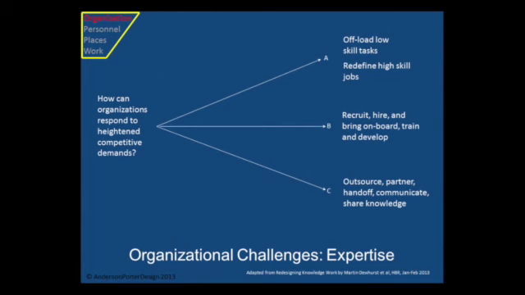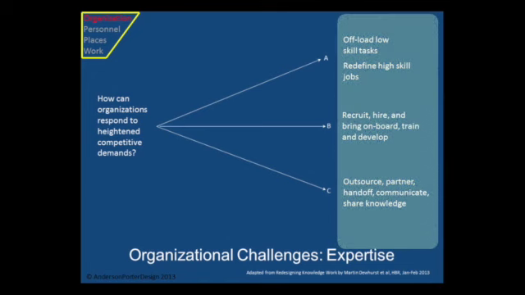They can offload. They can take very skilled people and redivide what they do such that they offload low-skilled tasks and redefine their own work. They can recruit, hire, and bring on board and train and develop and so on. And they can, of course, outsource. And some combination of those strategies is absolutely necessary if the organization is going to be able to survive in